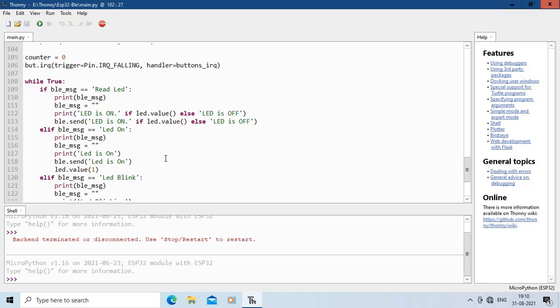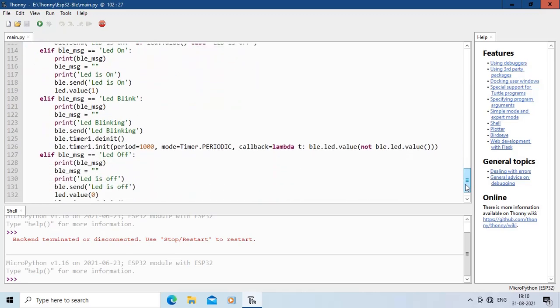So when the BLE message is read LED, then the state of the LED is read and sent over the BLE channel. When the BLE message is LED on, then the LED is set on and a message is sent to the central device, that is the terminal, that LED is on.